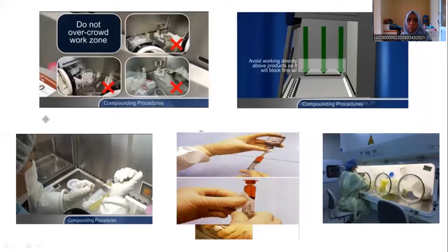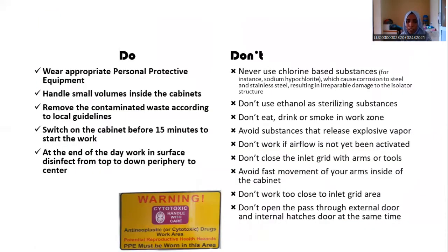And there are some things we have to do. We should not overcrowd the work zone when we mix, so avoid that during the compounding procedure. Also, we should avoid working directly above the products, as it will block first air. We should also use alcohol pads to wipe things, and there are some dos and don'ts when preparing